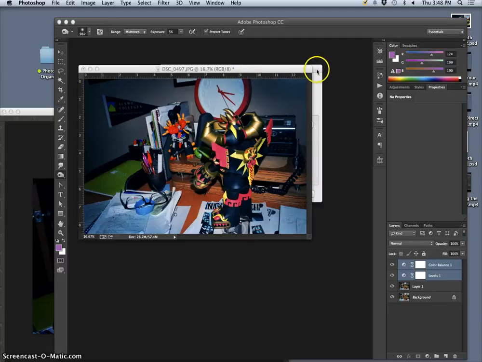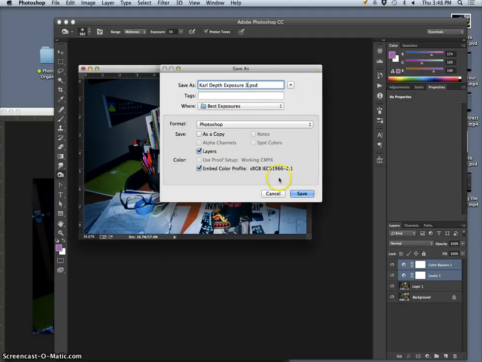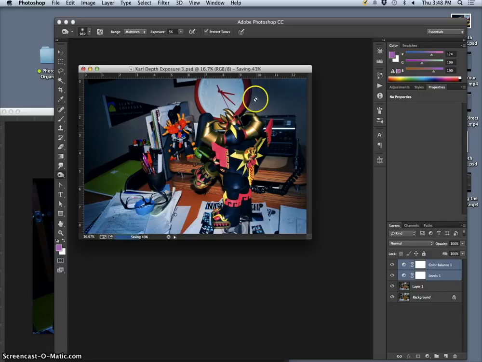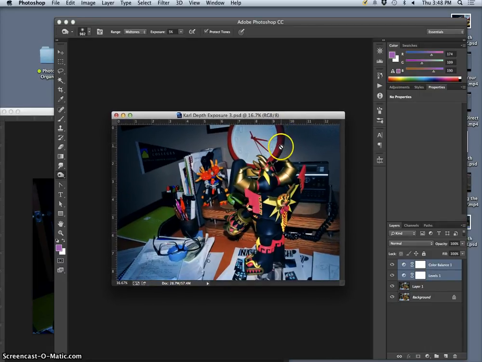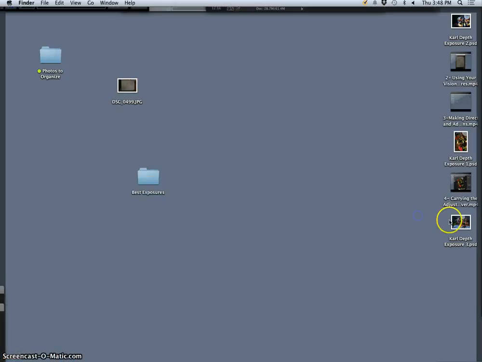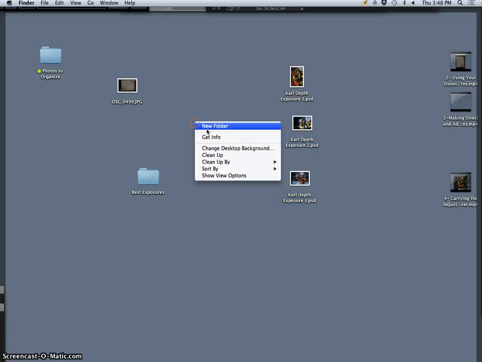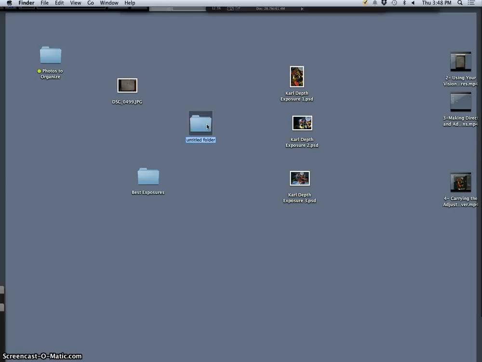Okay, so I need to save this final one, Carl Depth Exposure 3, to the desktop. And now I've got 3 processed photos, all on my desktop. 1, 2, 3. Now I'm going to put them into a folder. Let's see, let's call it Processed Exposures. So we've narrowed down from our best exposures to these processed exposures, telling our story,